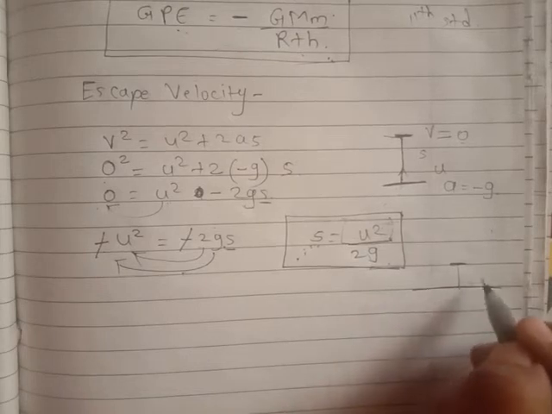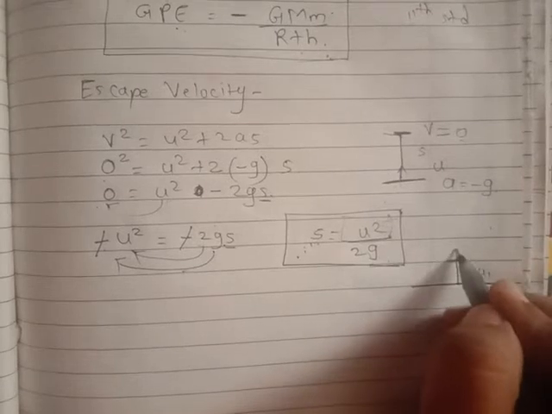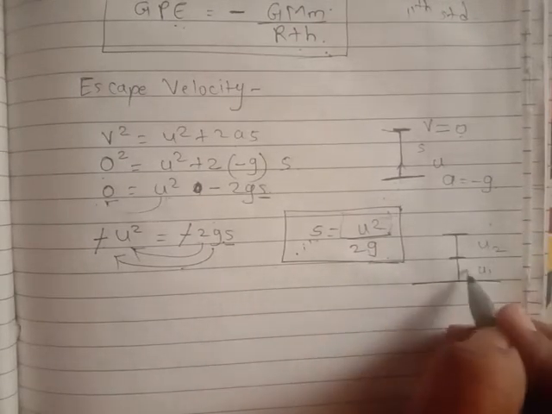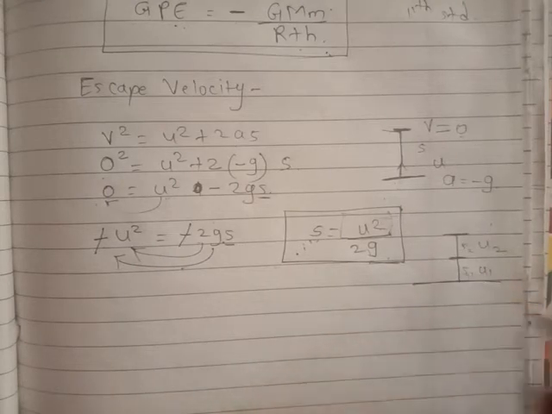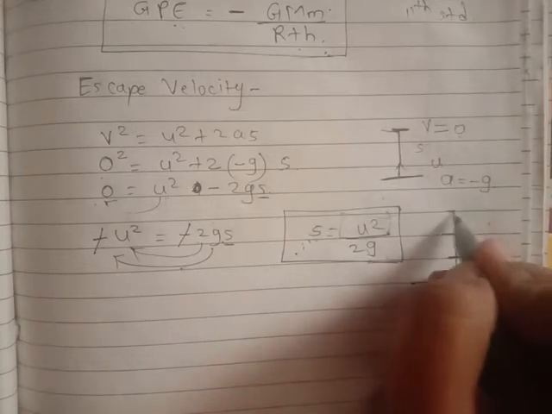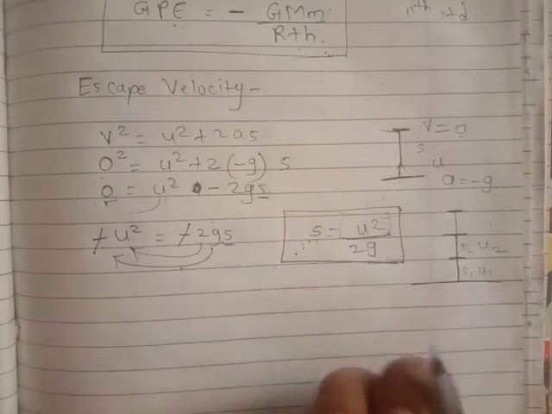Now if I raise the initial velocity further, initially my object was completing this much distance for the first velocity u1. If I increase the velocity, it will reach a distance like this with the velocity u2. The first displacement is s1 and the second displacement is s2. If I again further increase the velocity, then what will happen? It will reach some distance like this, and it will come back because the acceleration due to gravity tries to pull it.